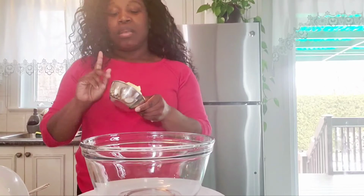Okay? So I have 2 tablespoons of margarine butter. I have 1 medium beaten egg. I have half cup cream, half cup water, bringing me to a cup of